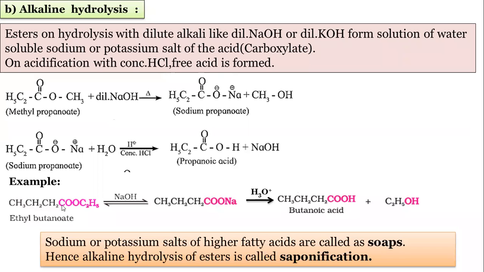Why is it butanoate? Because there are 4 carbons: 1, 2, 3, 4. Ethyl butanoate in the presence of NaOH, this is the alkali. We get the salt first. This is the sodium salt of carboxylic acids, and after hydrolysis, again we will get back the free acid and